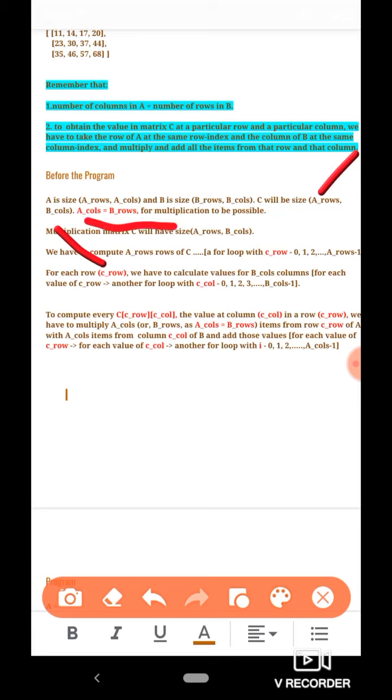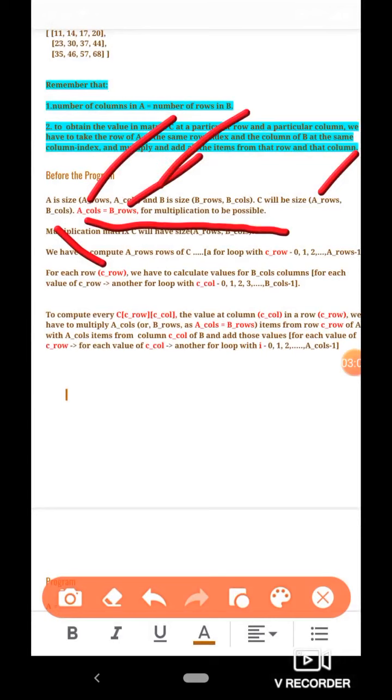And the condition for multiplication is that the number of columns in A must be equal to the number of rows in B, so that items from a particular row in matrix A can be multiplied with items from a particular column in matrix B.